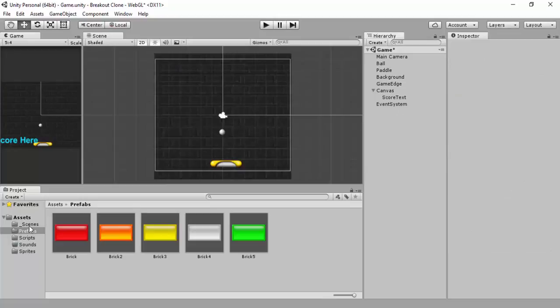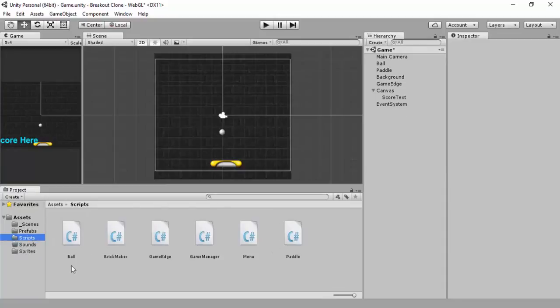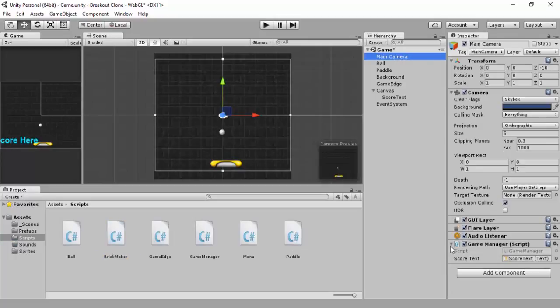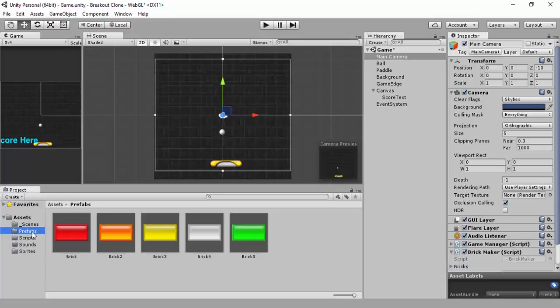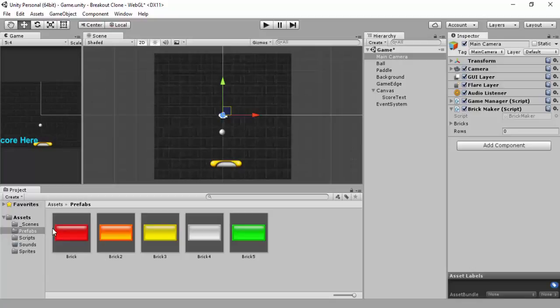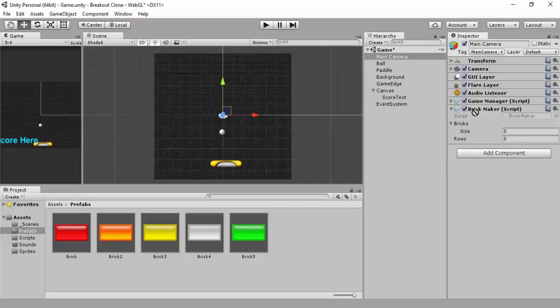and go to the scripts because we'll have the Brickmaker script. And I suppose we can attach it to our camera again. Poor camera. Drag it onto our camera. And at the moment we've got 0 rows and our size here is 0. So go to our prefabs and I'll just close off the transform on the camera here so we can see it better. And I'll drag in the red brick over to the bricks here. Got to highlight the bricks there, you can't drag it onto that, you've got to drag it to where it says bricks. There you got 1,